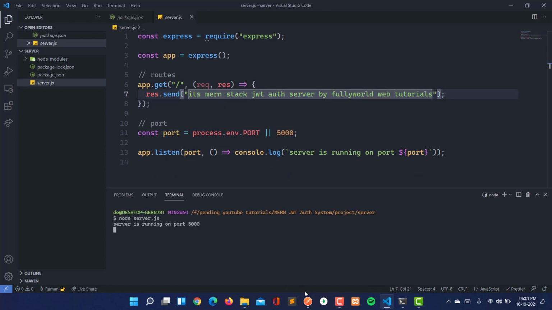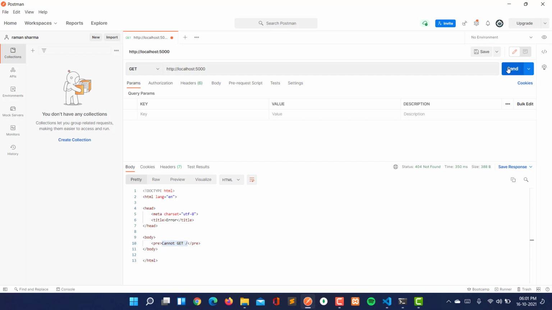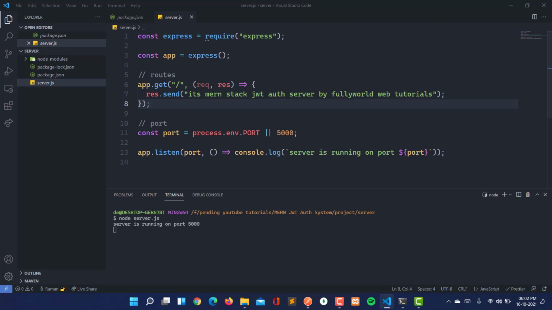Now let's check it. See that now I'm sending the GET request here, but we are getting the same error. Why are we getting the same error? Because we have made the changes here, but we haven't run the server again. So we have to run the server again to apply these changes. Whenever we make changes, we have to close this server, and then write node server.js again, and then if we make some changes, we have to again stop and rerun the server. So this is very annoying.